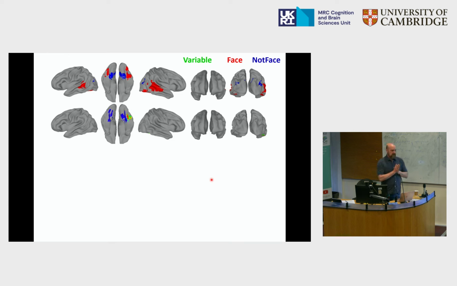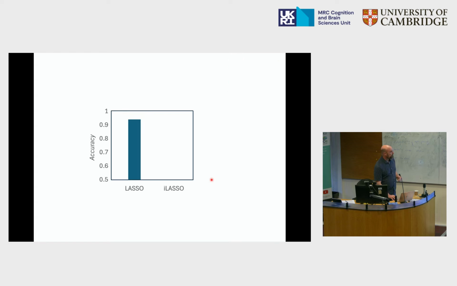If we apply the lasso classifier to the whole brain, one thing we can look at is how well we can do. We fit the model to predict this on 90% of the data. Now we take the 10% we held out and ask how well it is doing at predicting face, place, or object. We get 94% classification accuracy. This is from a multinomial classifier, so literally, is it a face, place, or object? Chance is 1 in 3. We get 94% accuracy, so clearly there's real signal in those things.